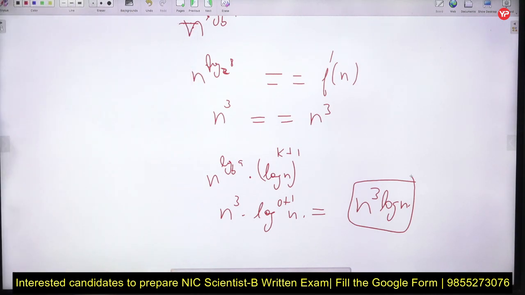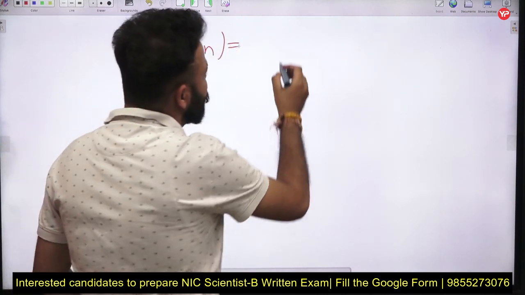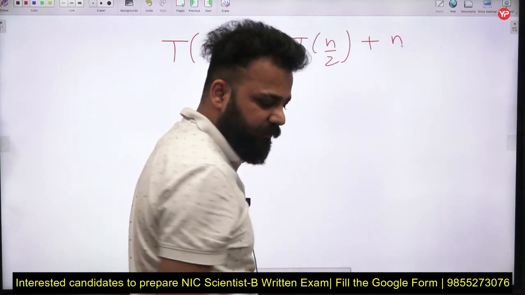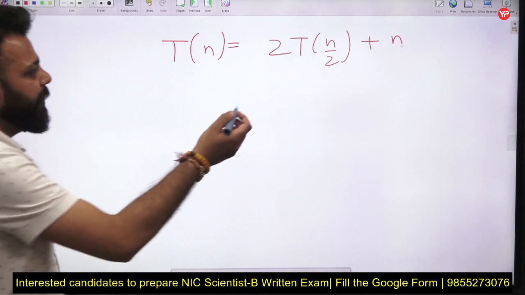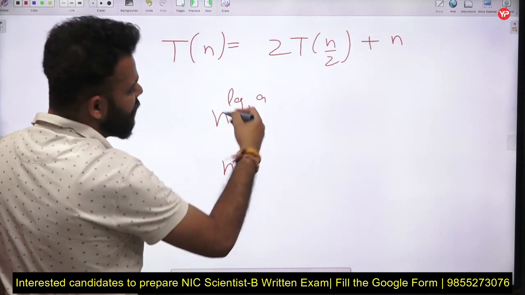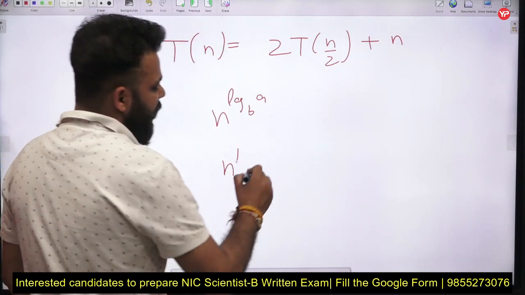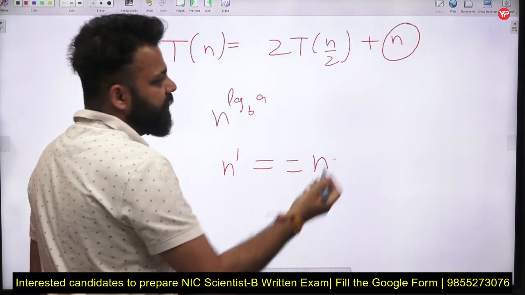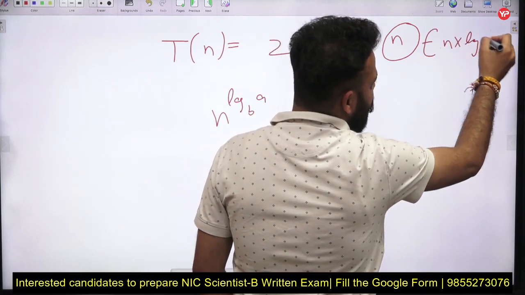Now let's say that we want to try merge sort. The recurrence relation for merge sort is nothing but 2T(n/2) + order of n. If we take 2T(n/2) + order of n and want to compare it, first we will compare n raised to power log b a, which comes out to be n raised to power log 2 base 2. So n raised to power log 2 base 2 is nothing but n raised to power 1. And if you compare it with the given term f(n), you can see these are equal. So we are given n, and actually we can write it as n into log n raised to power 0.